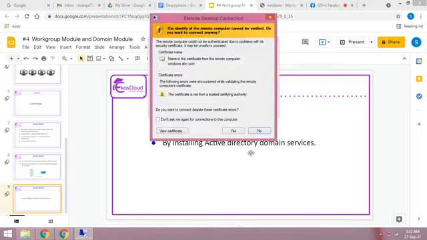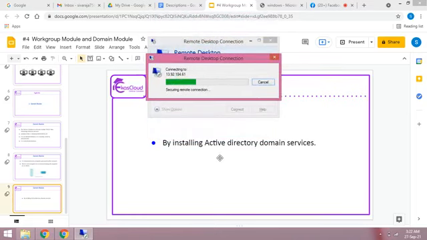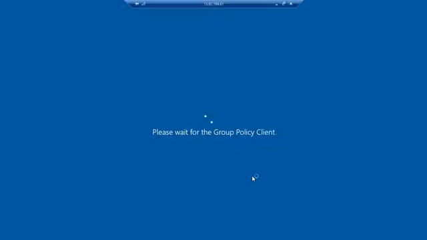Now I try to log in to that particular system. Now Active Directory installation is going. Maybe it will take 5 to 7 minutes maximum.